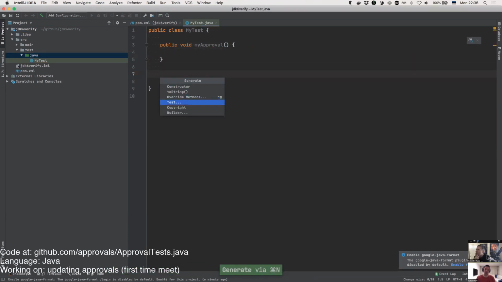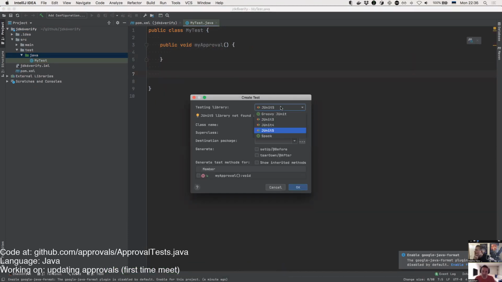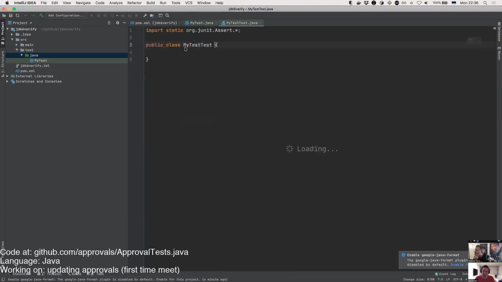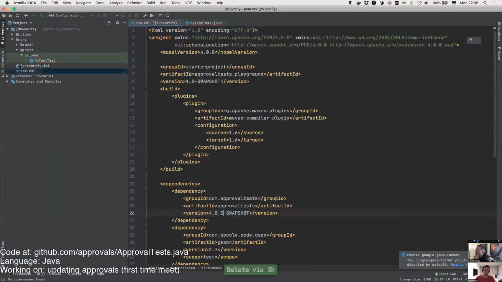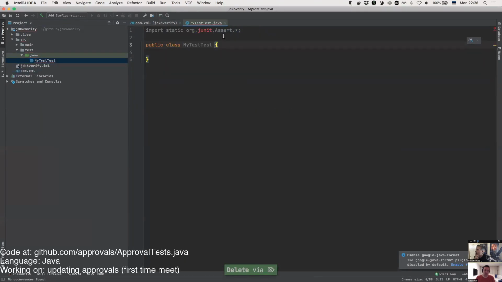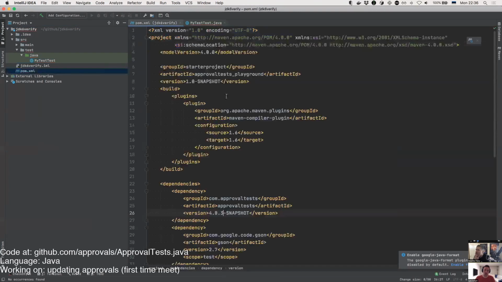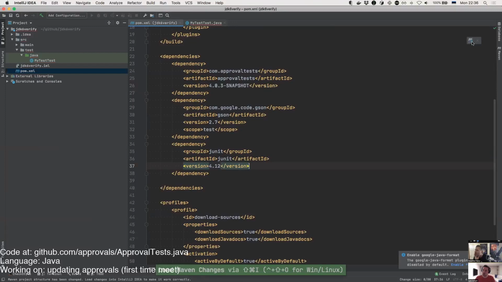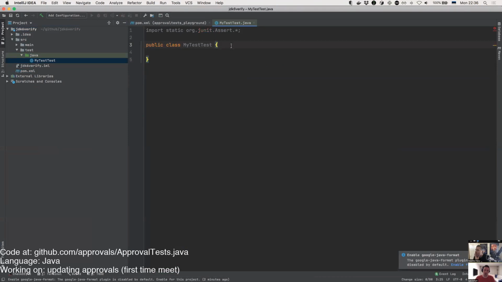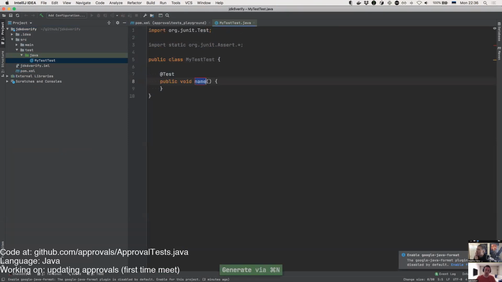Okay, I am corrected. Ah, that created a whole file. Seems not to be happy with the JUnit. But we have a JUnit there. Let's see. Refresh. There we go.